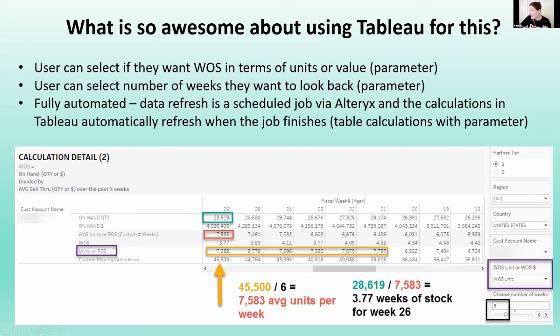Here's the 6-week look back because they've chosen 6 weeks here. So it's taking 1, 2, 3, 4, 5, 6. It's taking these 6 weeks of units sold, the sell-through units, dividing it by 6 to give us our weekly average of